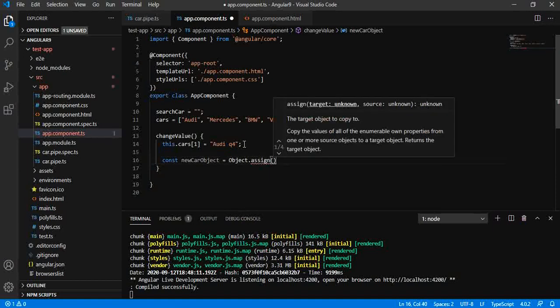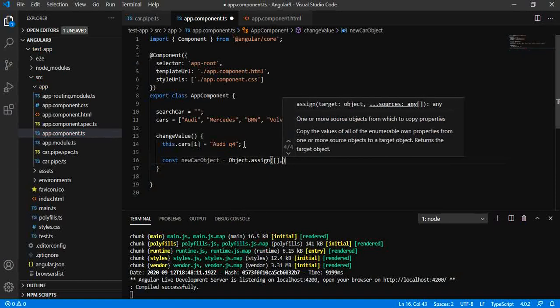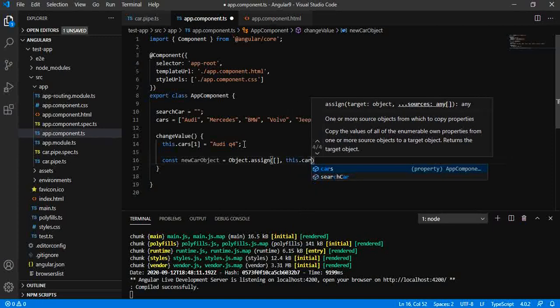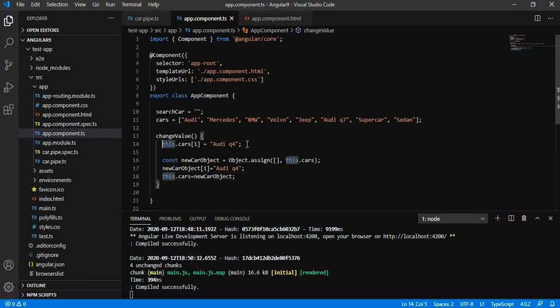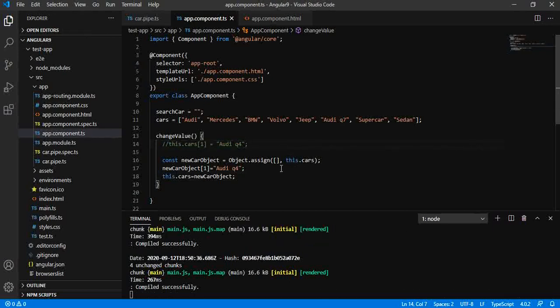We are creating the blank object and assigning the existing cars, and the new car object's first value equals Audi Q4, and this.cars equals the new reference. Let us comment this out and run.